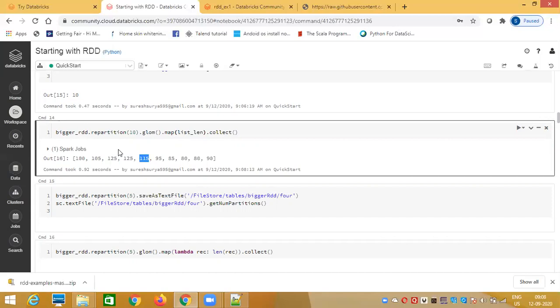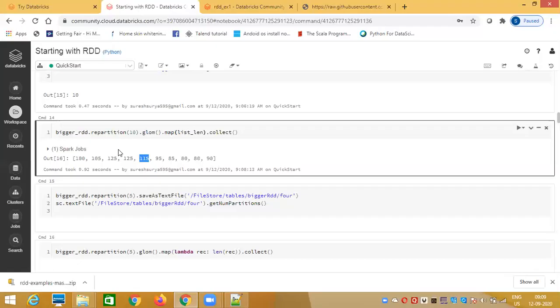Okay, we saw the data: the bigger RDD is now an RDD of 10 partitions. We are getting the number of records like this. Some partitions may get 100 records each, some may get 100, 101, 102. But here there is a little exception: two partitions have 80 records, 20% less. That's never guaranteed. It will try to balance the number of records, but it will not guarantee the exact number of records in each partition. That's what I was mentioning previously.